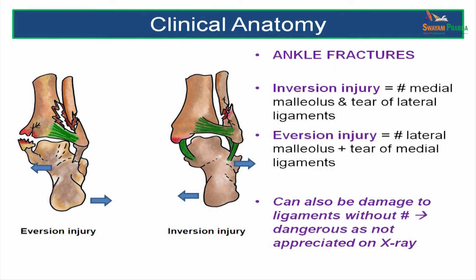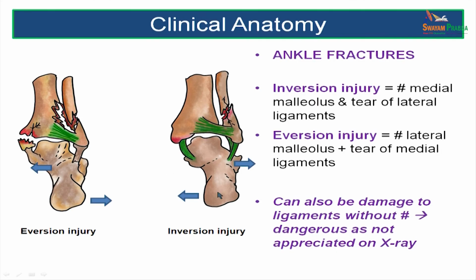Here you can see various types of ankle fractures. Now, the type of ankle fracture will depend on whether it is an inversion injury or an eversion injury. In inversion injuries, where the foot is forced inwards, the lower portion of foot is forced inwards, the upper part gets pushed outwards. This leads to strain on the lateral ligaments and sometimes even shearing off of the lower end